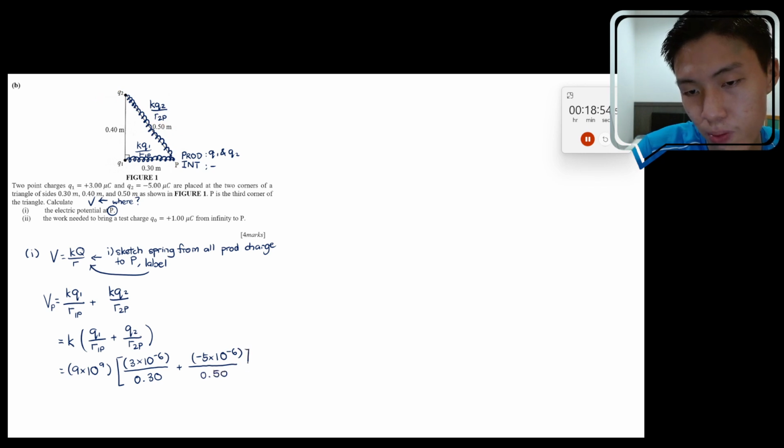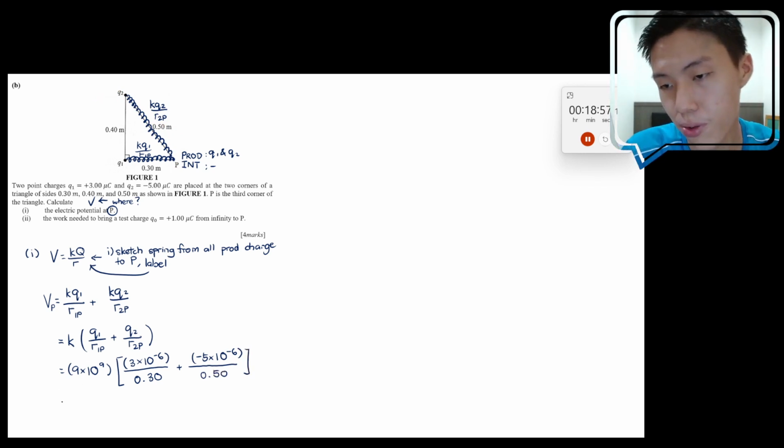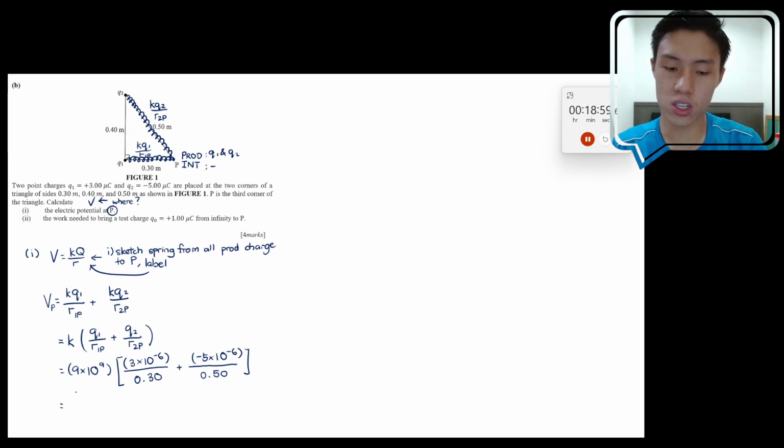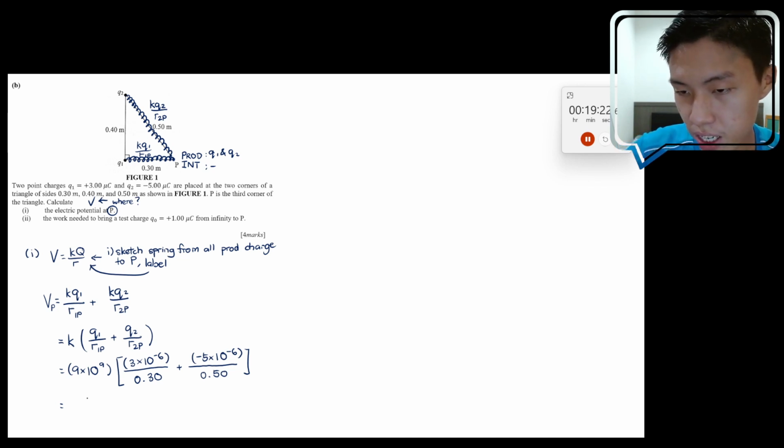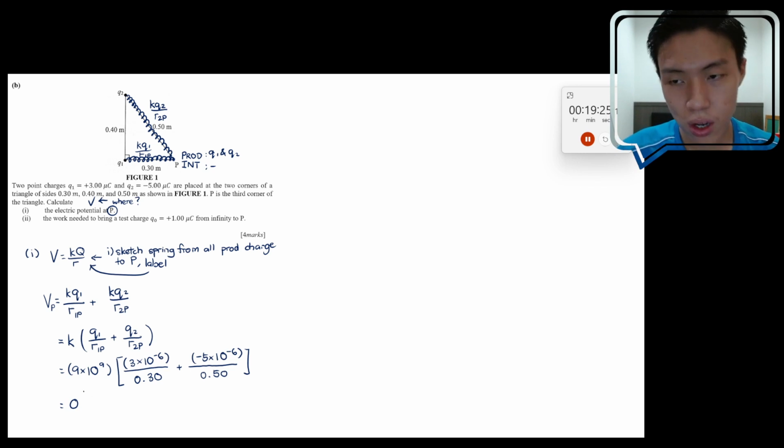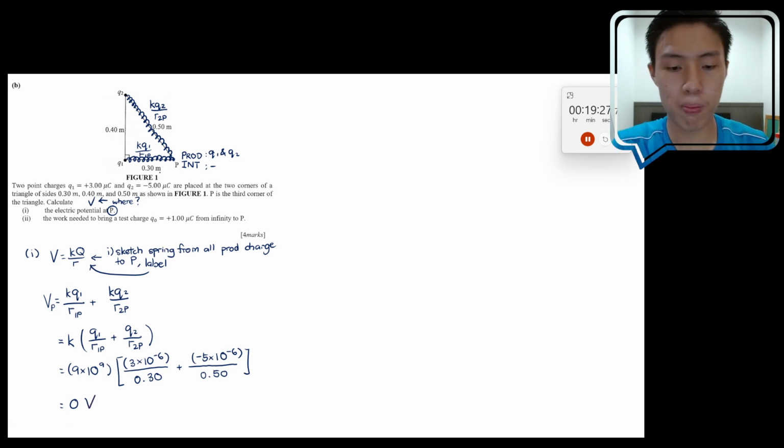There's no square here. This is electric potential, this is not electric field. So you can do your calculation. Very nice answer: 0. So the electric potential at P will be equal to 0. Next,